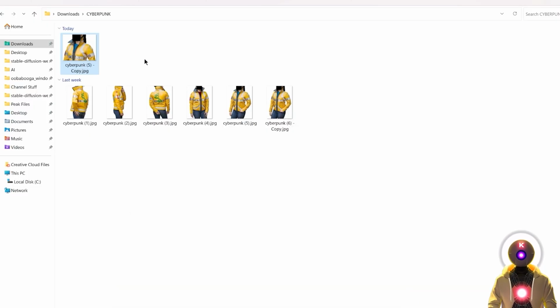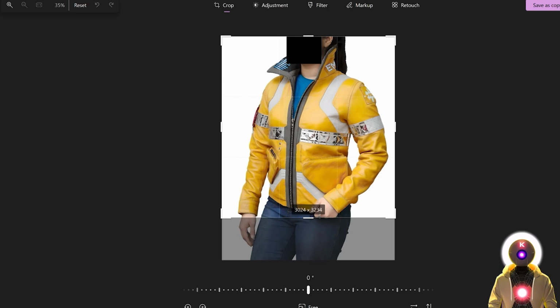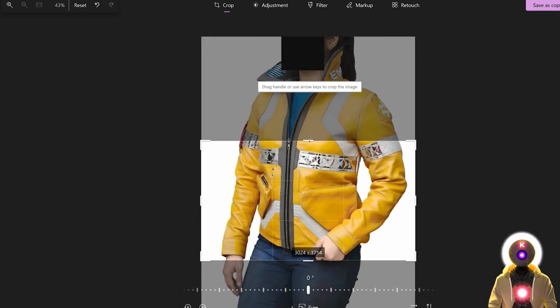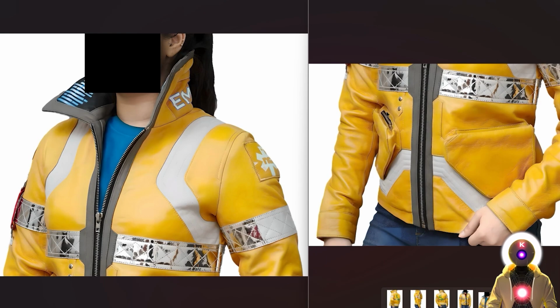And now that we did that for the top, you're gonna do the same thing with the second copy, again edit image, but this time we only want the bottom of the jacket. However, one thing that I actually recommend if you are doing that is to actually cut above a recognizable item on the jacket. So for example here we have a very recognizable silver horizontal strap that I'm actually gonna leave in the image, just like that, and then click on save,